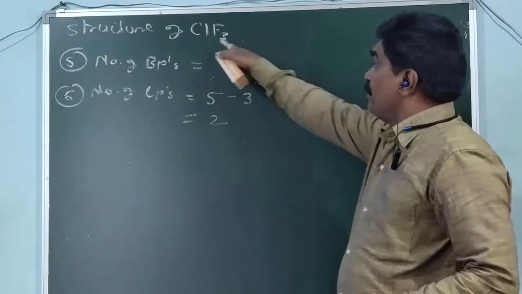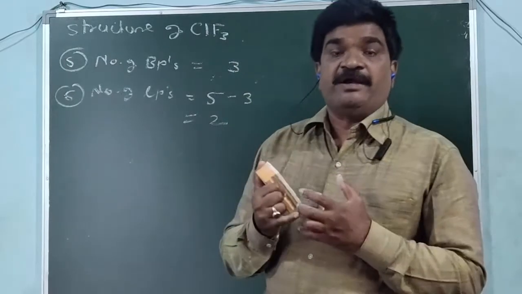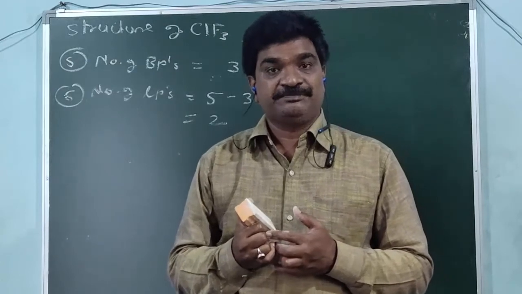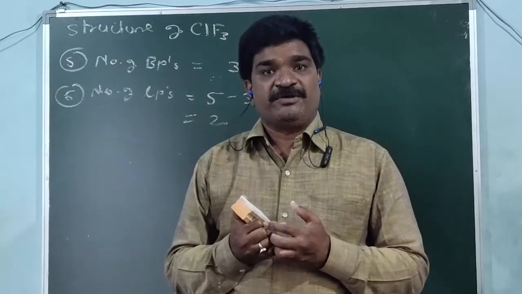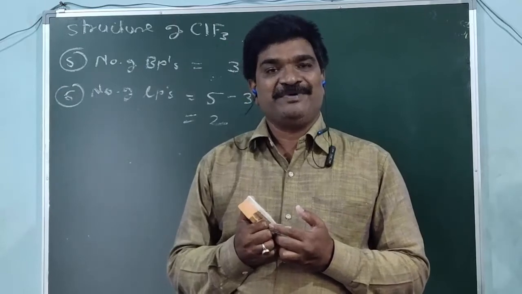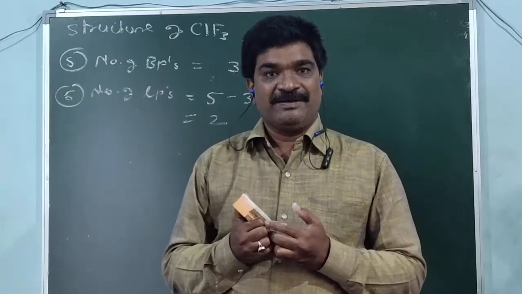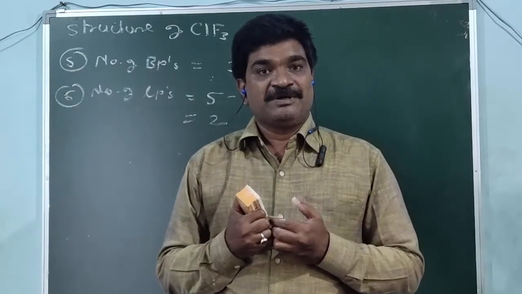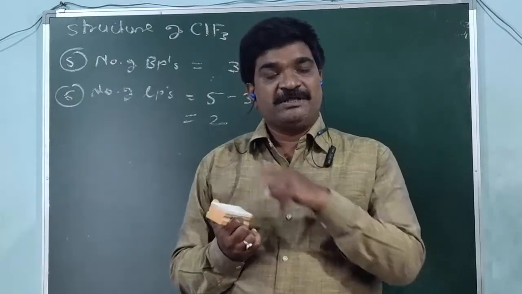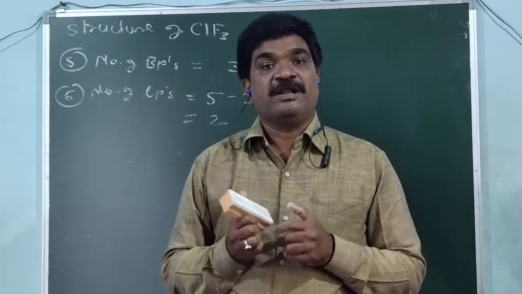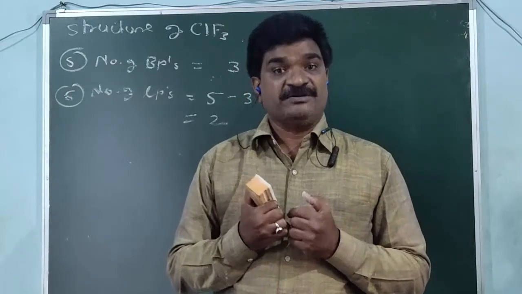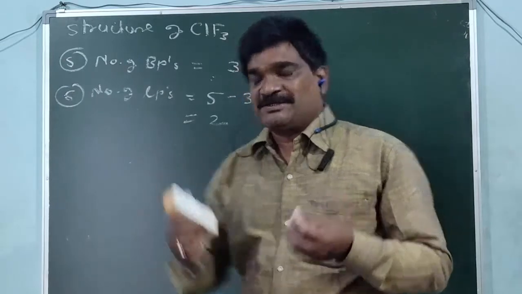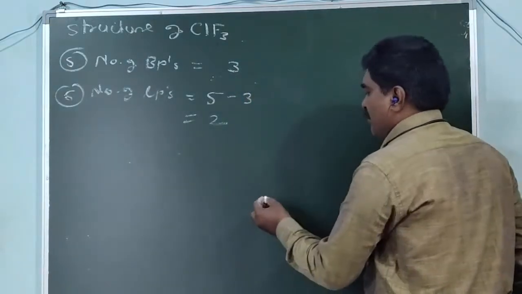Now since the chlorine atom is surrounded by 5 electron pairs, it means that the pairing geometry of the molecule would be trigonal bipyramidal. Okay. Now, since there is a presence of lone pairs along with the bond pairs, the ClF3 molecule does not have a regular TBP arrangement. There is a distortion in the geometry. Now let's draw the trigonal bipyramidal geometry.